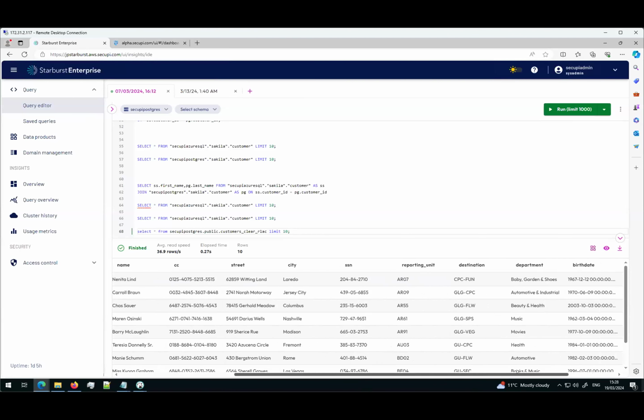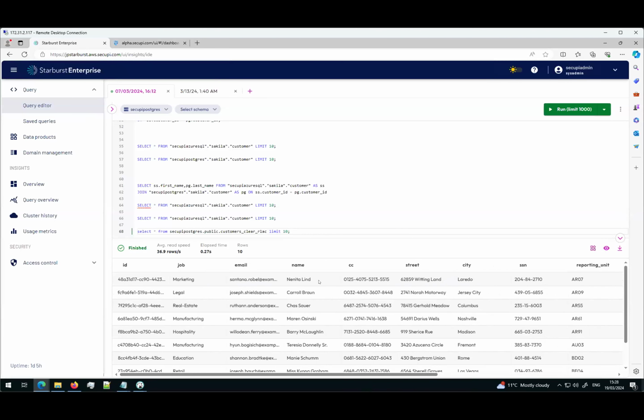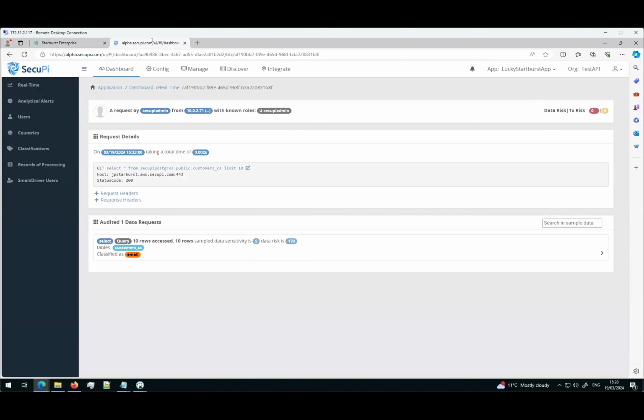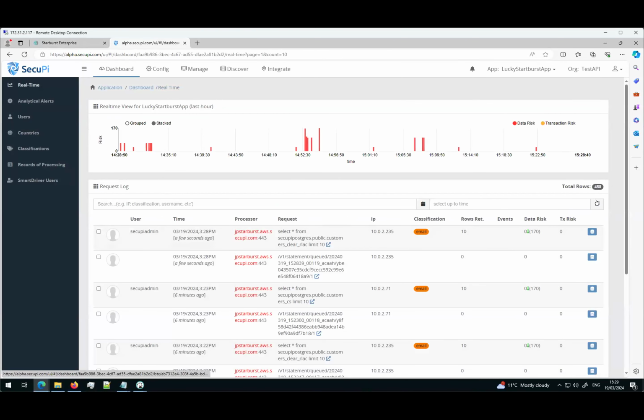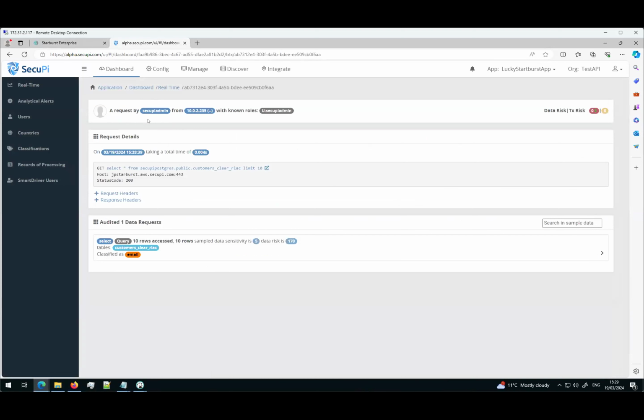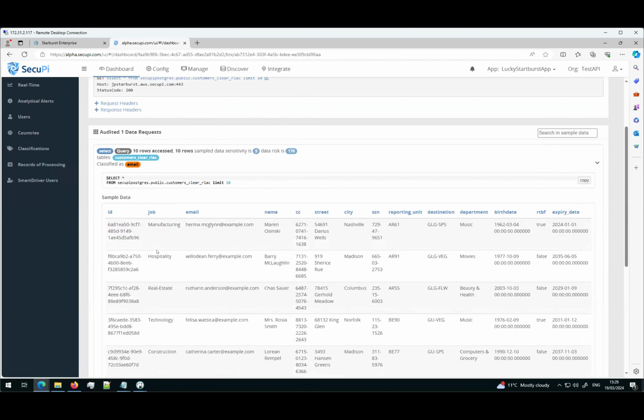Very interesting data, lots of potentially useful information if you want to talk to Lenita or Carol. But as we start looking at that, we, as in SecuPi, can start analyzing and looking at this data and seeing what's coming in. So if we look at this, the request is by SecuPi admin. That was the user that I used to build the Starburst. The IP address that it's being run from, and the role that SecuPi admin has. You can look at the query that's been run. You can see where it's being run. So I'm running it on an original name, JP Starburst. We've built this in the cloud. And then you can start looking at some more detail of actually what data was returned